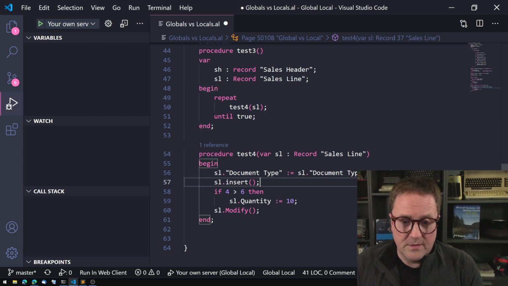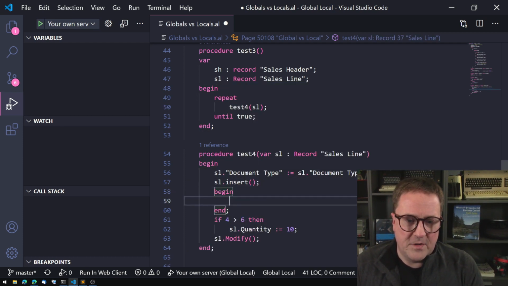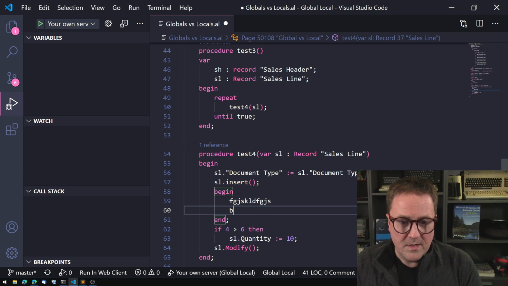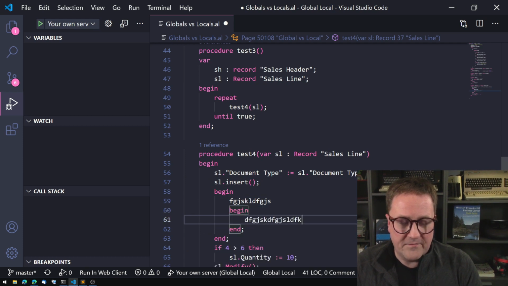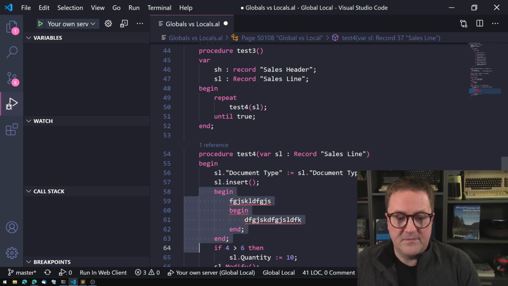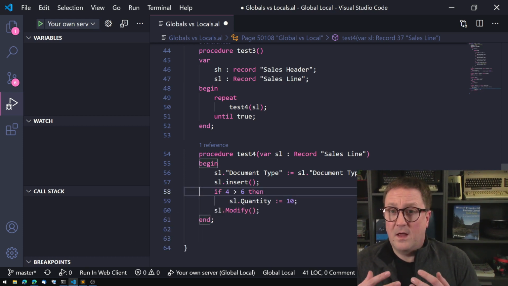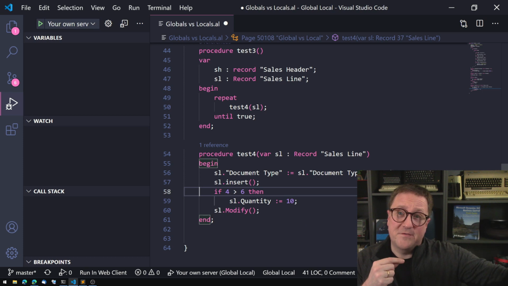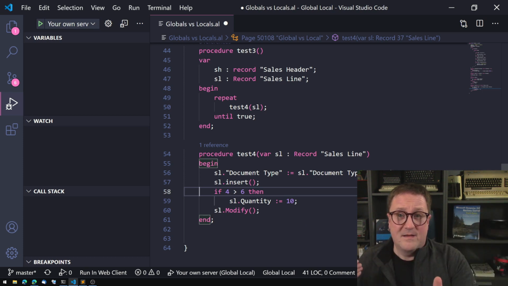So if we could do something in AL, then we could have some variables that lived in this scope, but then we could do begin and then other variables would live in that scope. That's not a Pascal thing. Pascal only has those 3 levels in my mind. They have the globals, the locals, and then the var transfer that might live in